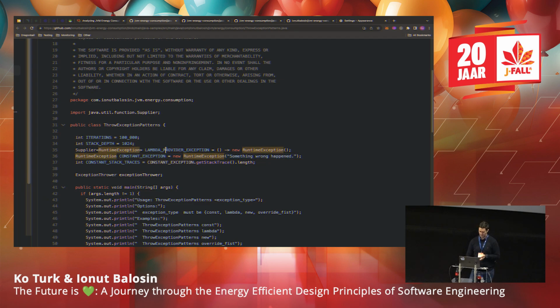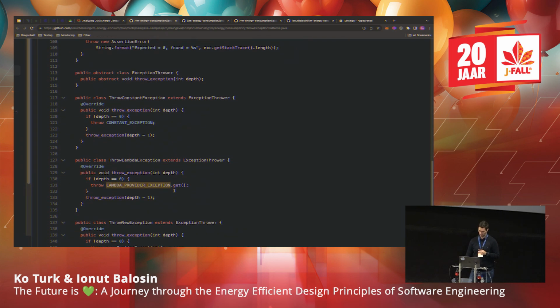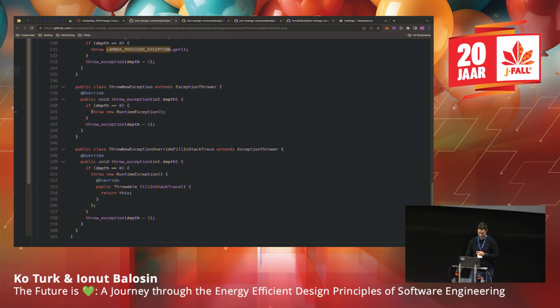We also use a Lambda supplier for this, so therefore we just say new exception. But we also had 2 more cases, like when you just throw new, like the majority of us are doing, or filling in the stack trace by overriding fillInStackTrace, sorry.